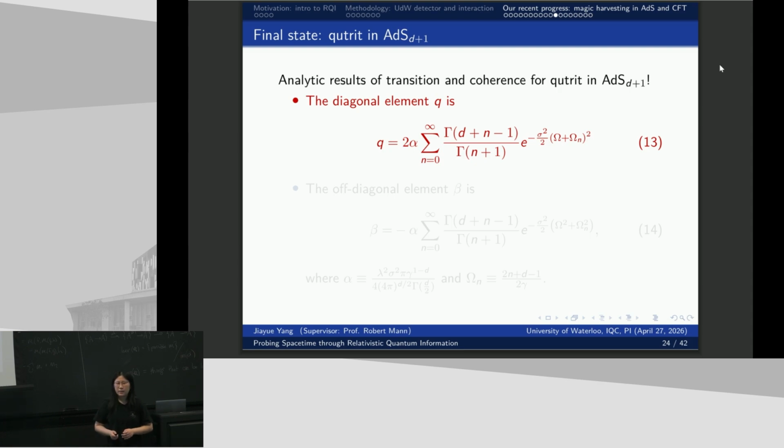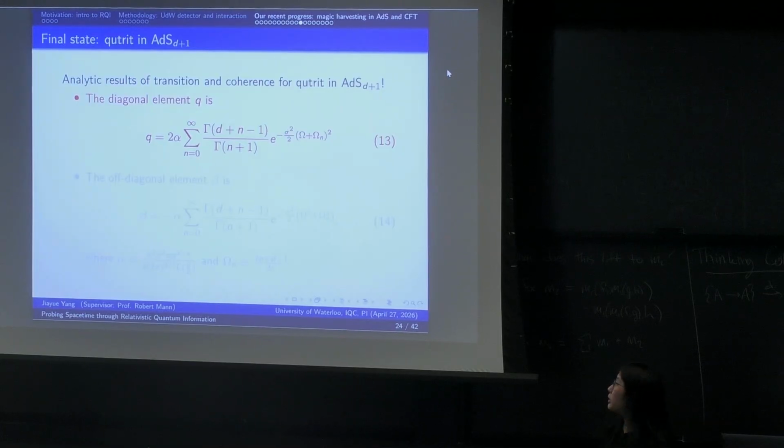And by some non-trivial calculations that I didn't show in the slides, we obtain the analytic results for the transition and coherence for the Q-bit detector in anti-de Sitter spacetime. In previous studies, people usually use numerical integration to compute the final state of the detector, because usually in curved spacetime, the Wightman function is very difficult and it's hard to get analytical results. But finally, we obtain the analytical results of the diagonal term Q, and also the off-diagonal